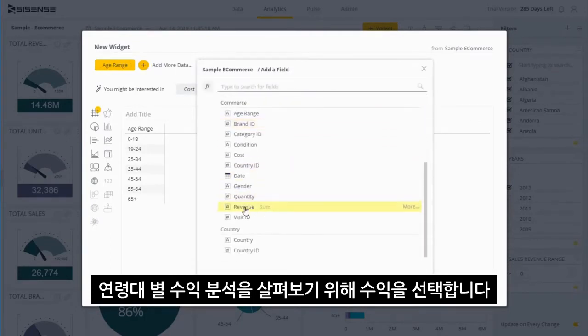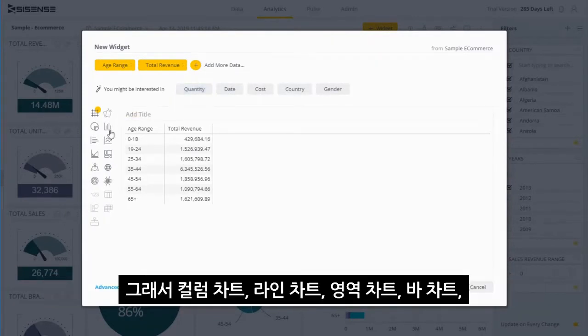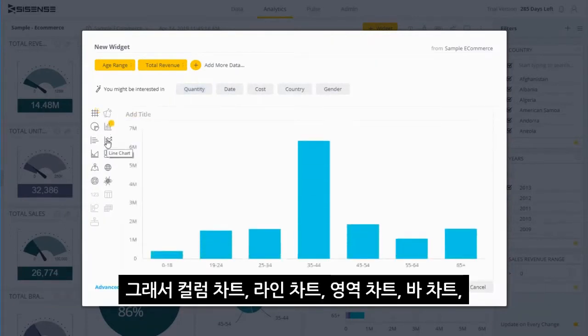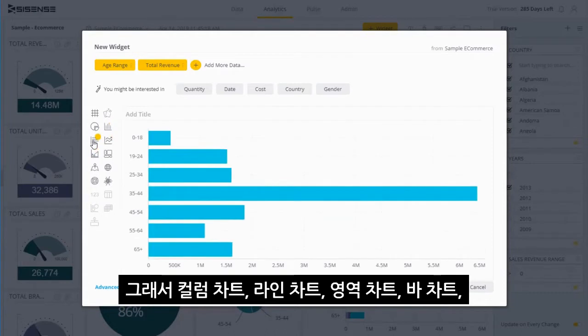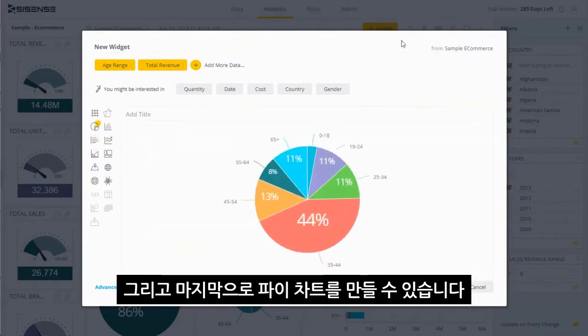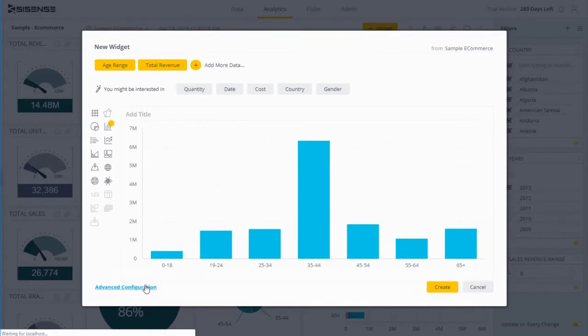So we select revenue. Now, to select the chart type that I want, I can choose from various items on the left here. So I can create a column chart, a line chart, an area chart, a bar chart, and lastly a pie chart. So once I select the type of chart that I think is most appropriate, I can simply click on the